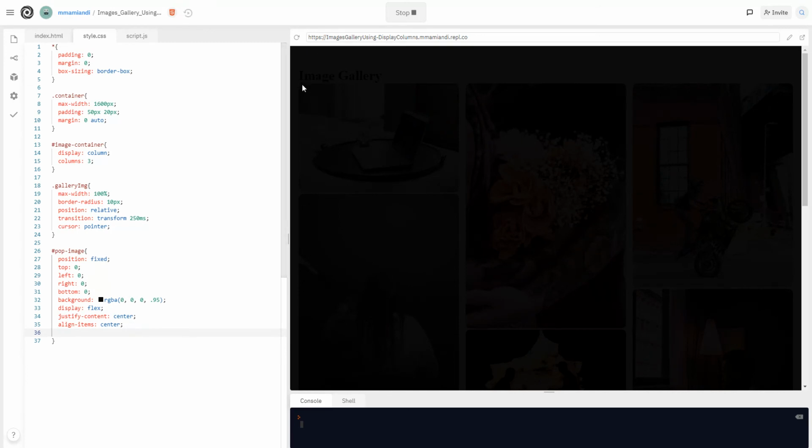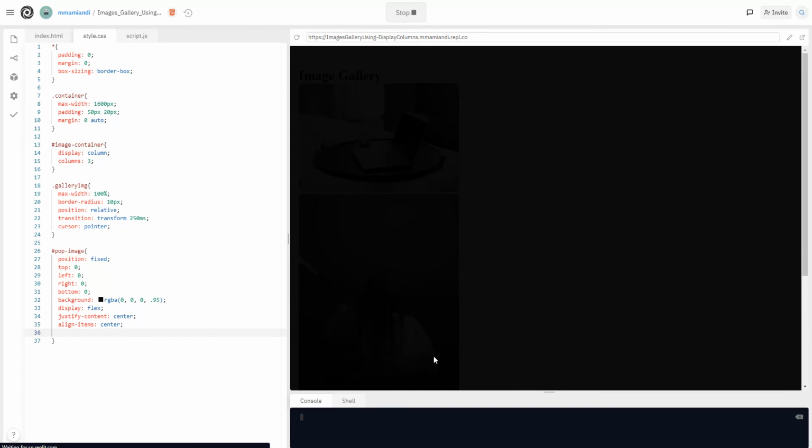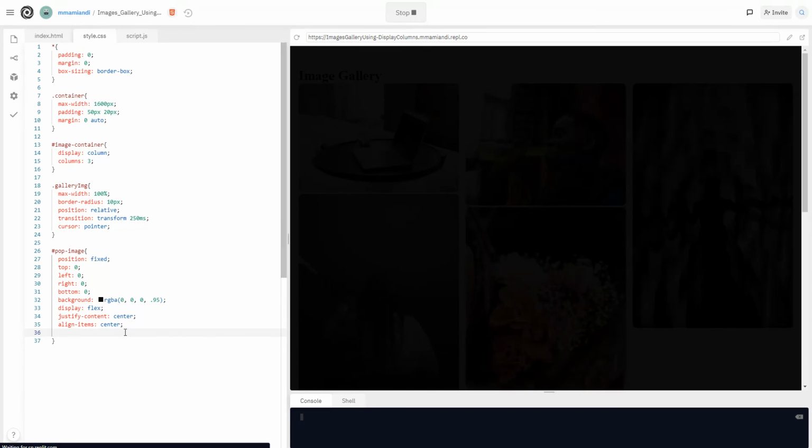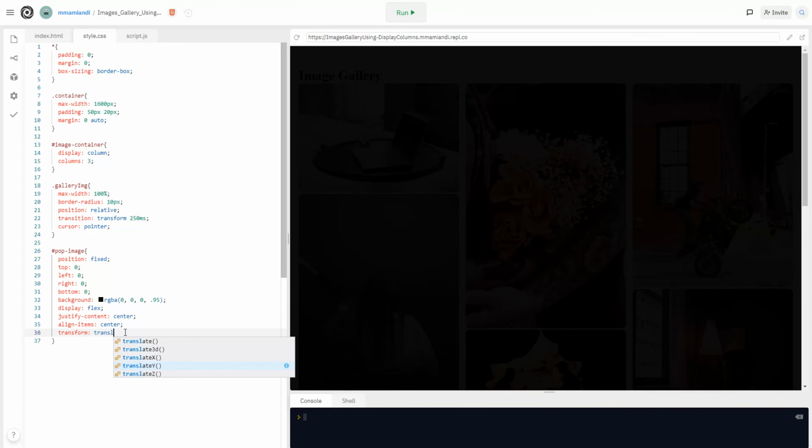and this box, this transparent box for our image pop, let's move it up here so that it will not show at all until we click on any of the image. Then it will slide down, here. So that's what we are going to do. So let's do transform, then translate. So translate to y is this way, x is this way, so we want to translate it to y, up like this, which is going to be minus 100%,